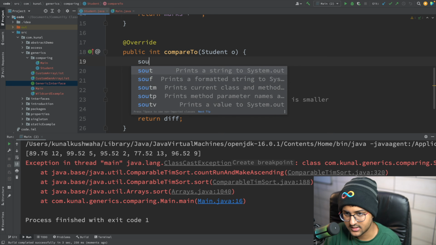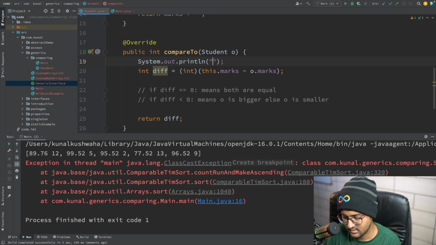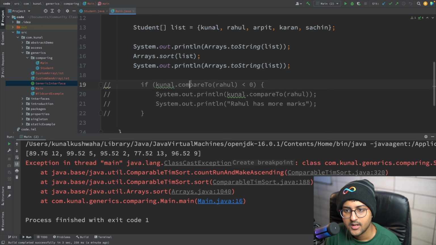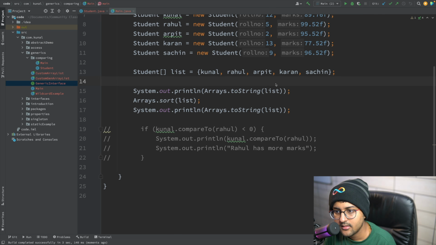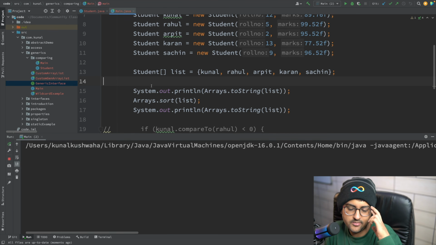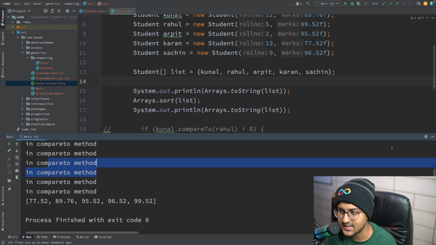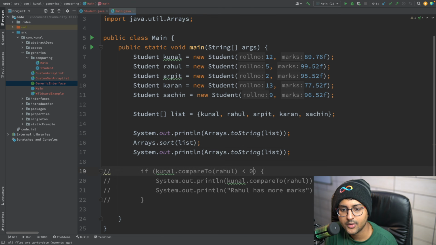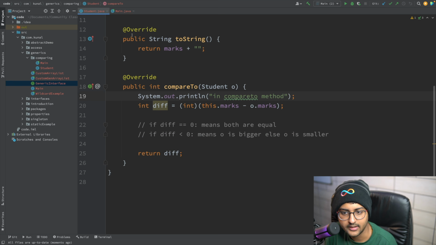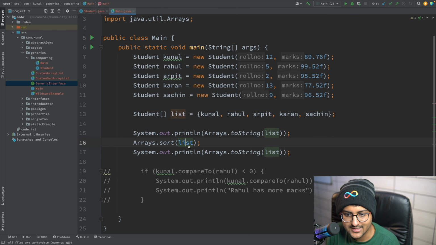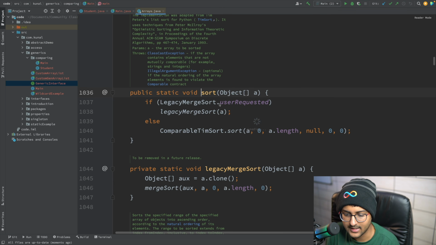You can see it's even running in the compareTo method. When I run this, it will be in the compareTo method, so it's actually checking it. Arrays.sort is internally checking it like this. You can do it inside this as well. Sort contains, I think, a parameter.